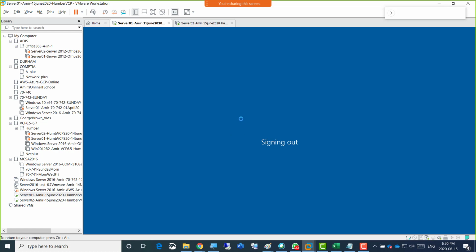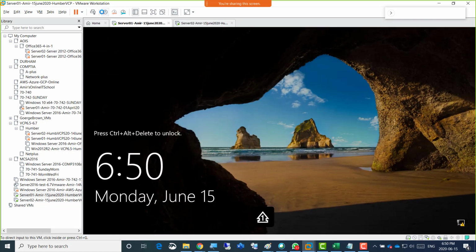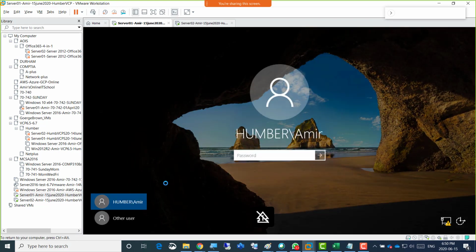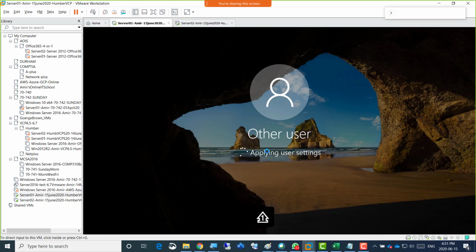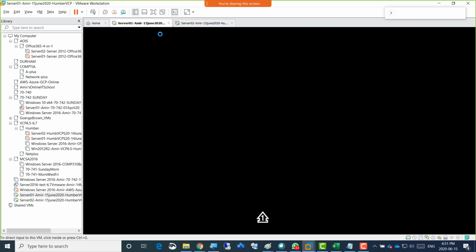So hopefully everyone has configured the DHCP as well. I'm just going to quickly do that too. Under other user, I'm just going to log in as administrator because that's the default account. We all know that. Small abc, WC shift 123, enter. So once it is logged in, then